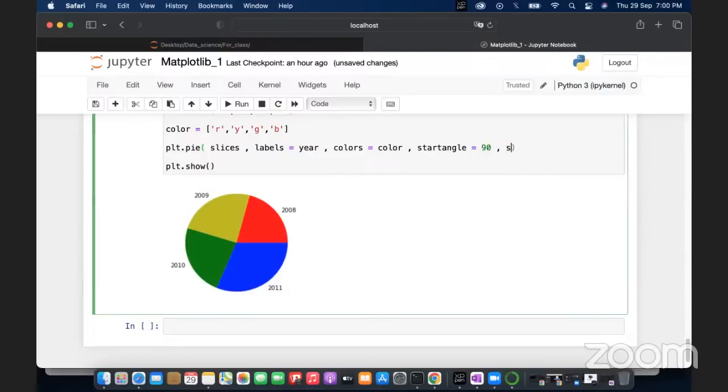After that, shadow, we need shadow. After that, one parameter is explode. Explode is used to set the fraction of the radius with which we offset each wedge. And startangle rotates the start of the pie chart by the given degrees